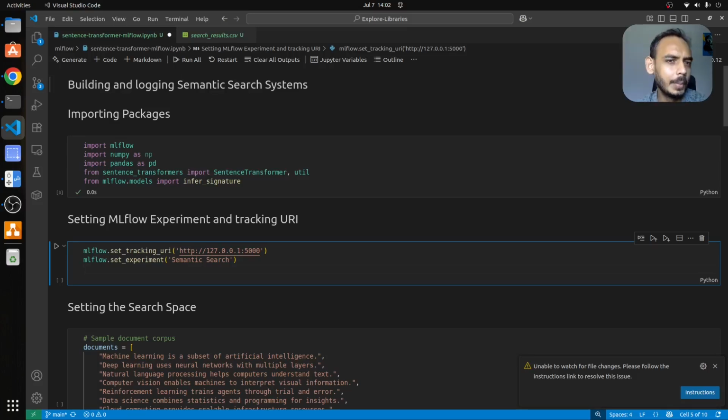In this video, we'll be discussing how to implement a semantic search system using sentence transformer, and we'll use MLflow for logging the model and keeping track of the metrics and parameters that are used for building the semantic search system. Okay, so we'll get started by importing the packages and then we'll slowly move on to MLflow and building the